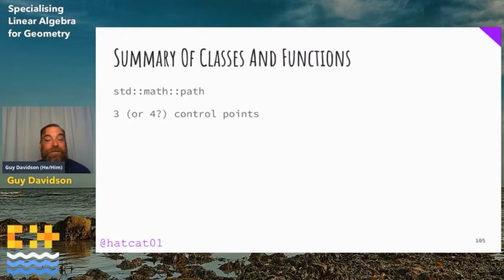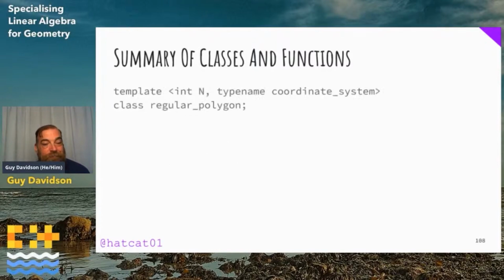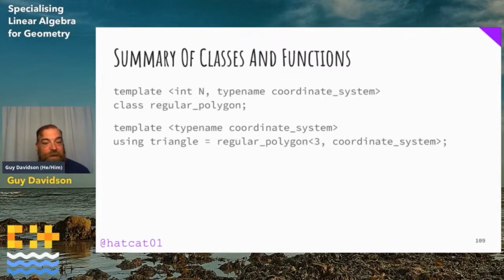So a path is therefore a container of segments, which may have a varying number of control points, which sounds like a use case of assisted variant. Now, perhaps you want 3 kinds of path, one composed of just line segments, one composed of Bezier curves, and one composed of mixed lines and curves, polyline and polycurve. And then we want special closed paths, or polygons. We might want a regular polygon class that looks like this, which we can simply describe with a using statement. There we are. Triangle is a regular polygon of 3 points in the coordinate system supplied in the template.